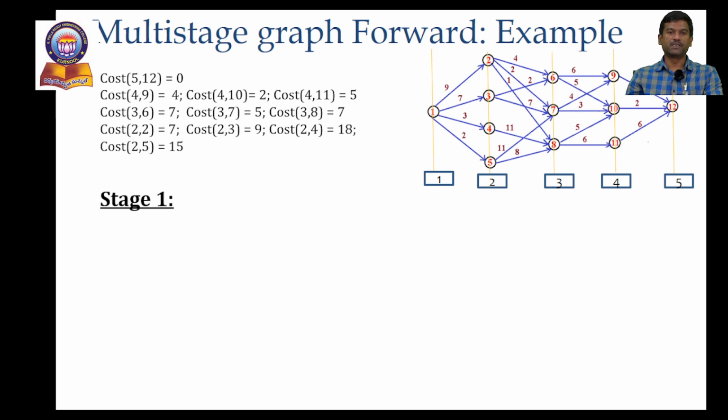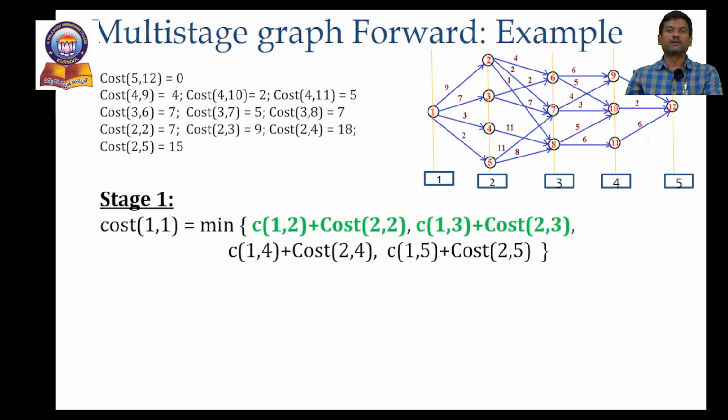So at stage 1, you need to compute cost of 1 comma 1. When you consider 1, you can observe that from 1 we can reach to 2, from 1 we can reach to 3, 4, and similarly 5. So there are parts: 1 to 2, 1 to 3, 1 to 4, and similarly 1 to 5. And the remaining values use the formula plus cost of I plus 1 comma L. And these are the respective values